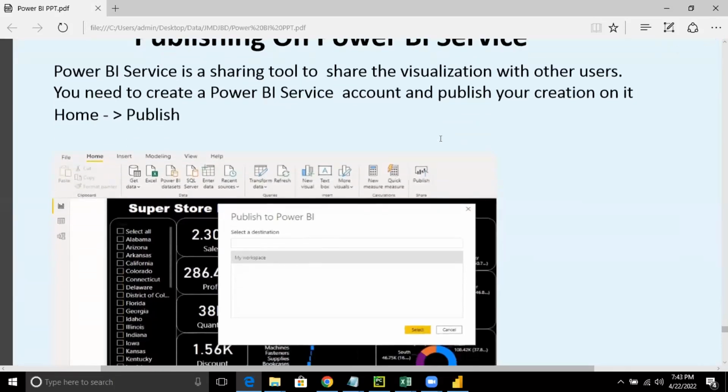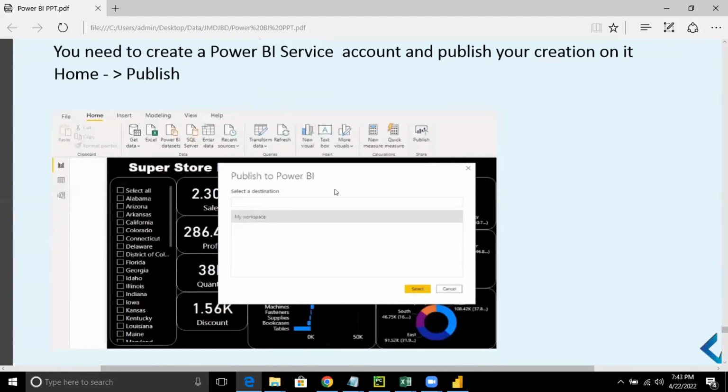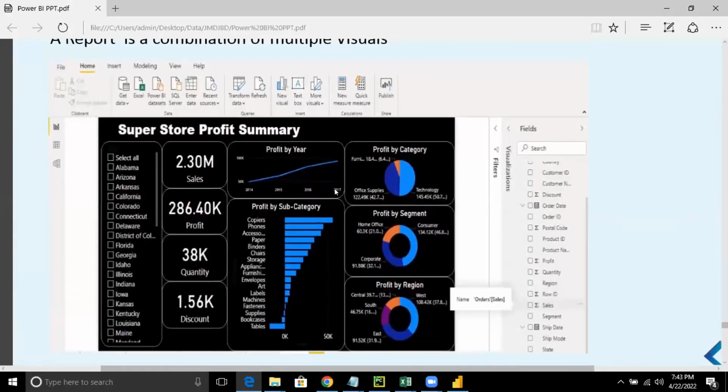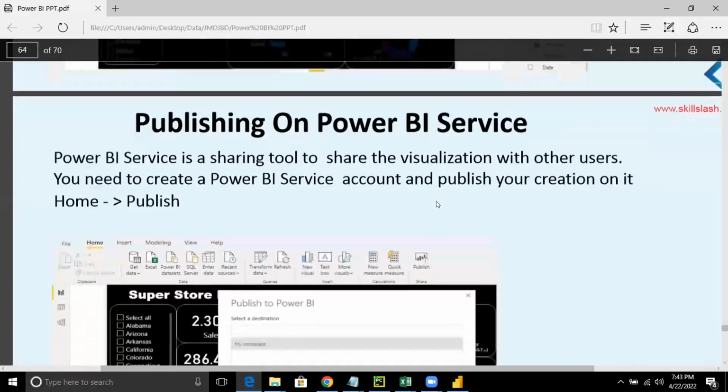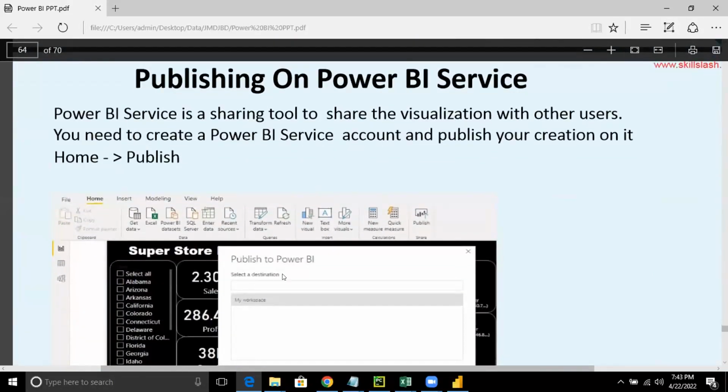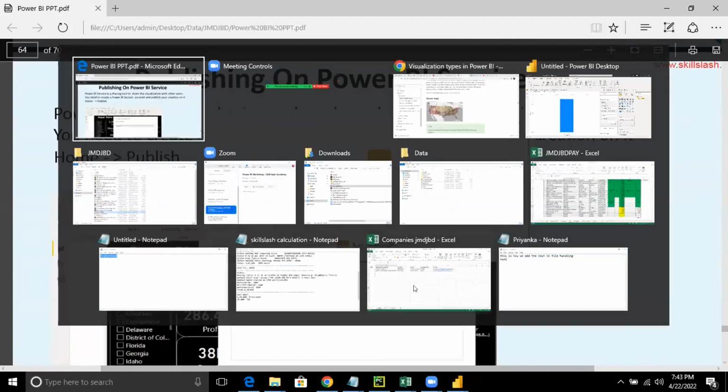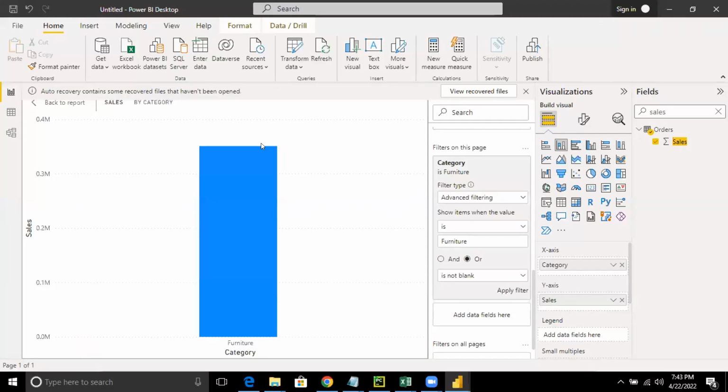Okay. So let's say I created this wonderful visual. This is the report and I wanted to share it with my senior officials. I wanted to show this information. So how I can do it is, I will scroll down and explain it to you. There is an option of home, publish. As I go on to my Power BI, this is the option, home.